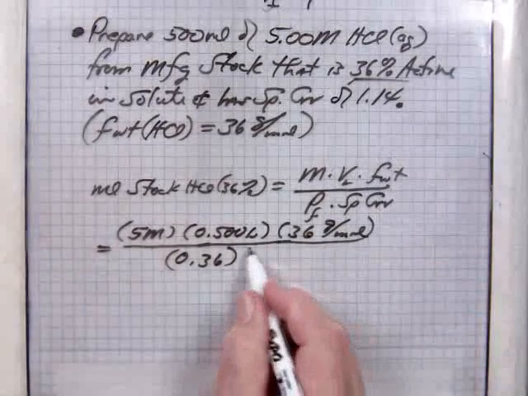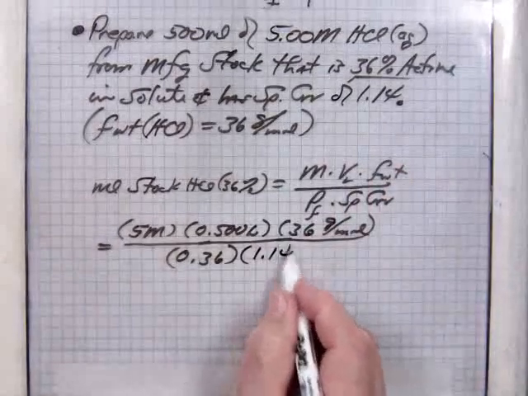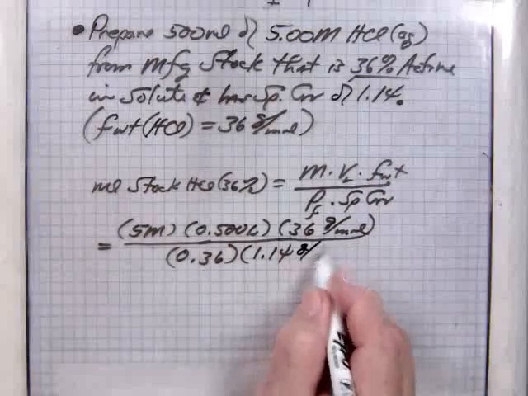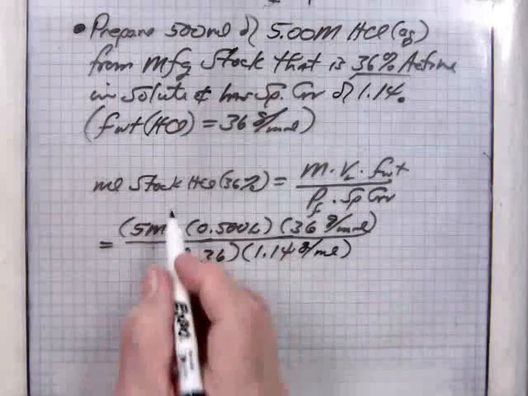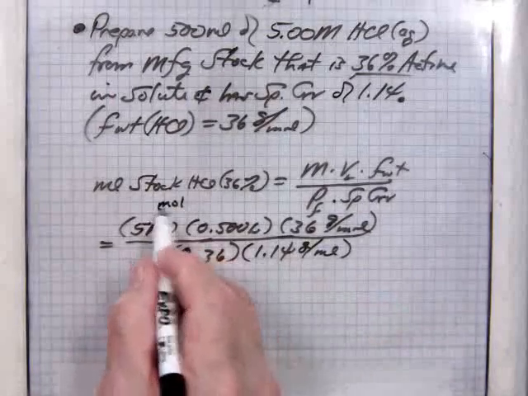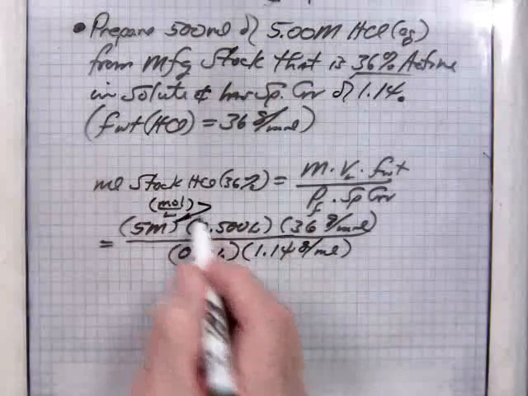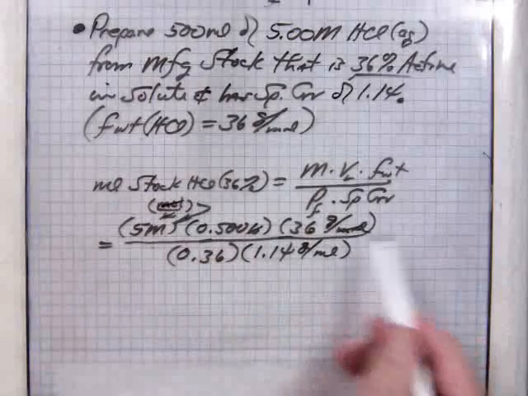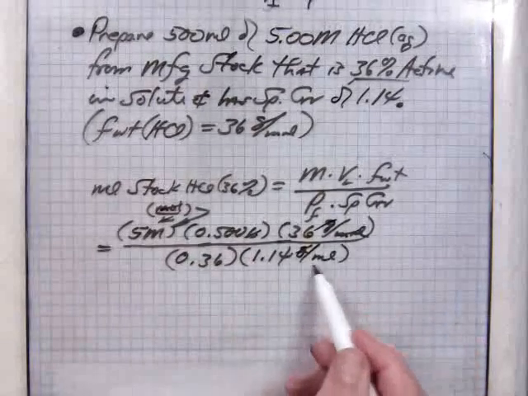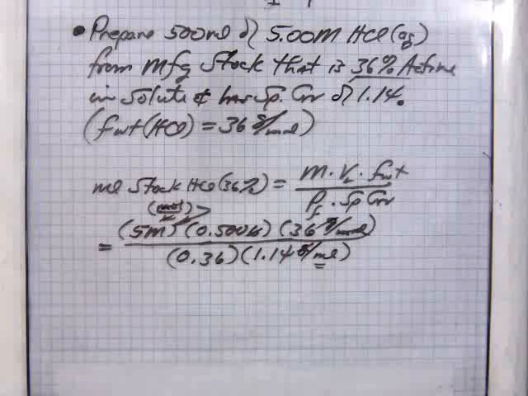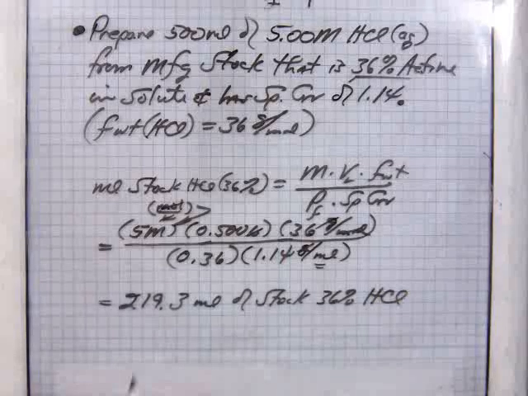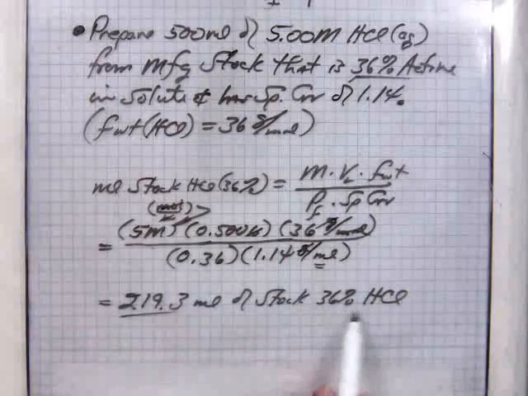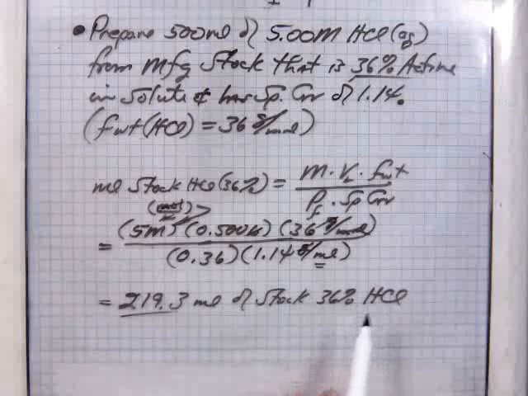And specific gravity is given as 1.14, and HCl always comes in water, so you apply a grams per milliliter. And so now this is again moles per liter in the molarity. So liters will drop out, moles drop out, grams drop out, and so you're only left with milliliters in this case. So this calculation says we need 219.3 milliliters of 36% HCl mixed in enough solvent to